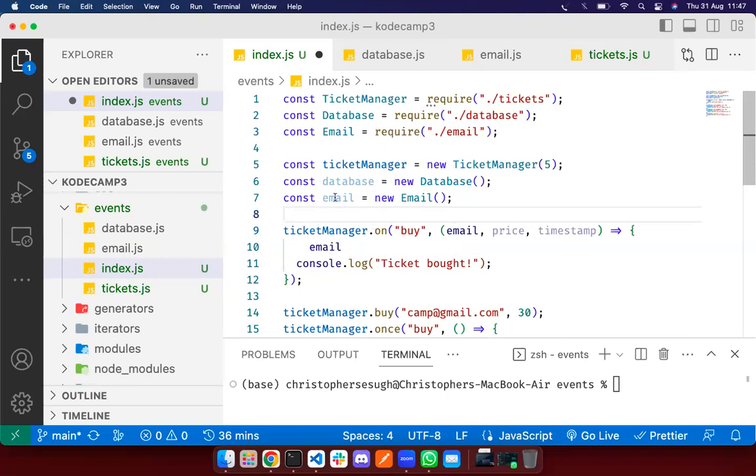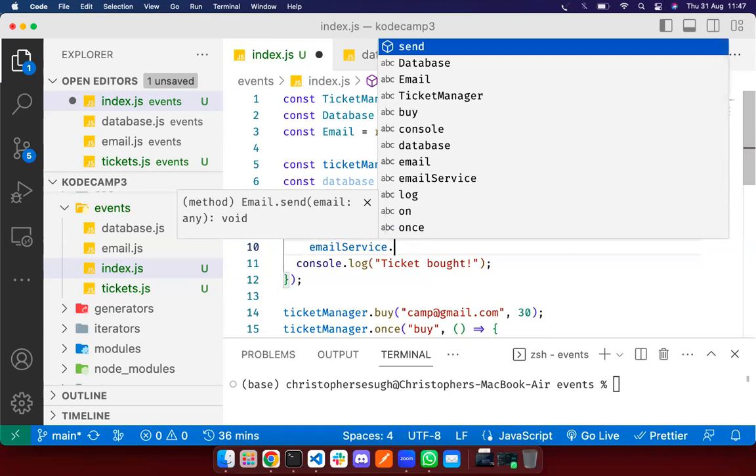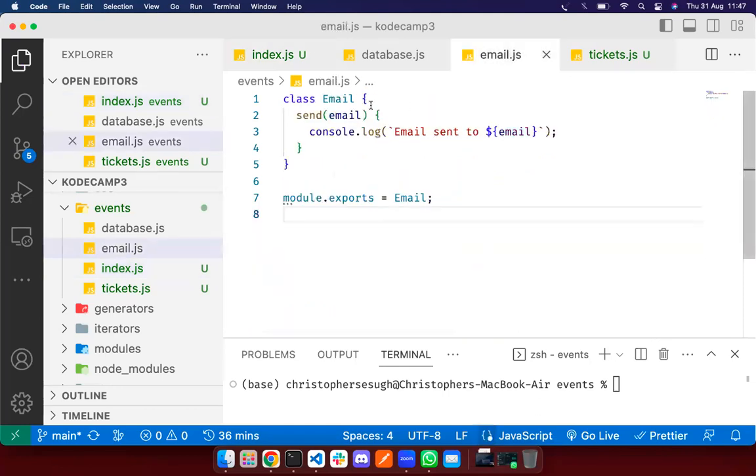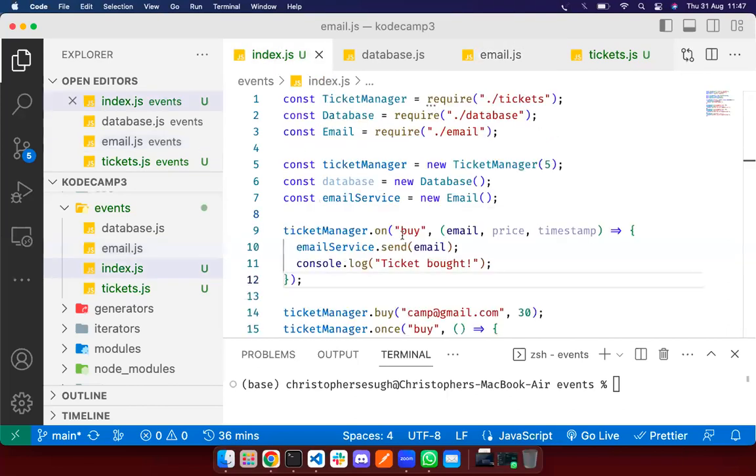Okay. So email service. The names are colliding. I want to call our email service, and then we want to call the send method, yes. I want to send an email to the purchaser's email. As you can see, our email service is taking a parameter of email, which is the purchaser's email. Then we log to the console email sent to the email of the purchaser. And then after sending an email to the purchaser,